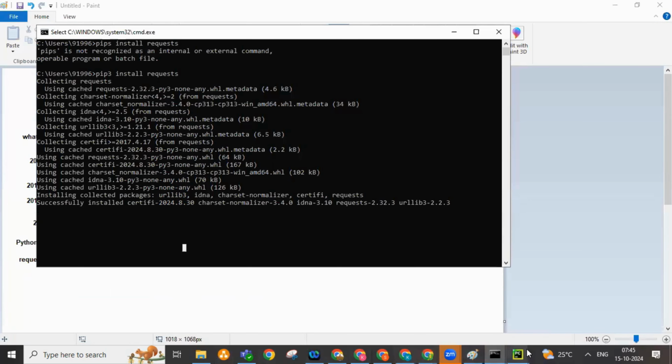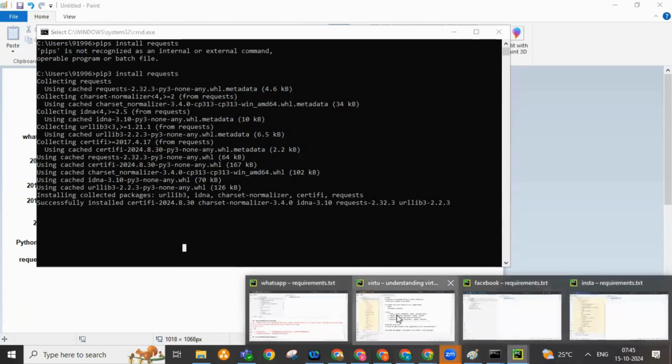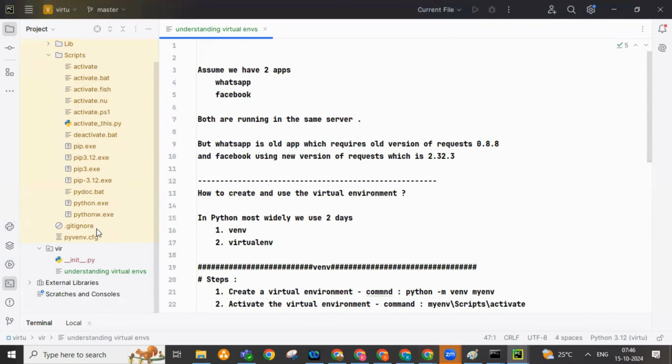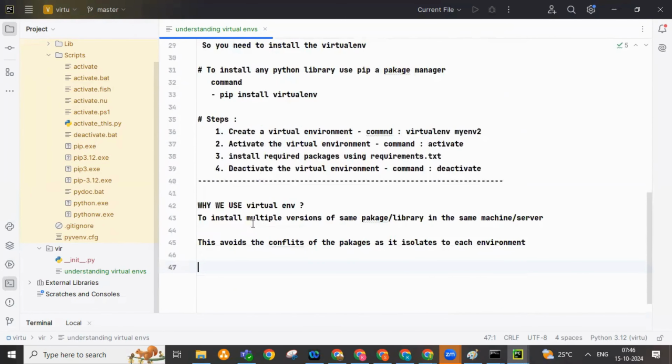All right, guys, that's all for now actually. So this would help you install multiple versions of the same library, and in the environment you can run the project individually, guys. You understood? It's not only installing. You can also run multiple applications in multiple environments. In one environment we will install one package, and we will use the application. I think we will continue the session from here because there's so much fun, and which is really required for the